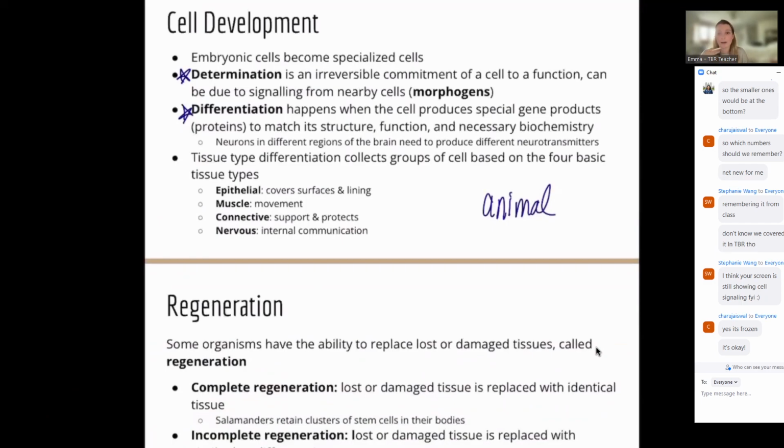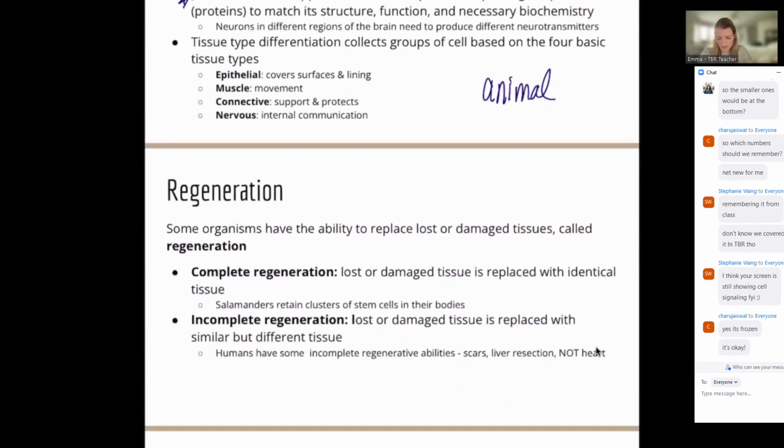Regeneration is where organisms can replace lost or damaged tissues, and they can do that either completely, like salamanders, which are usually the go-to example. If they lose their tail, they can grow another one. Humans have the ability to incompletely regenerate our cells. If you have any scars on your body, you know that the scar does not look the same as the tissue that was there before. It's now different, more keratinized. It's filled the hole, right? You're not still bleeding, but it is incomplete. It's not the same. Those are just the differences between those two words, vocab stuff.